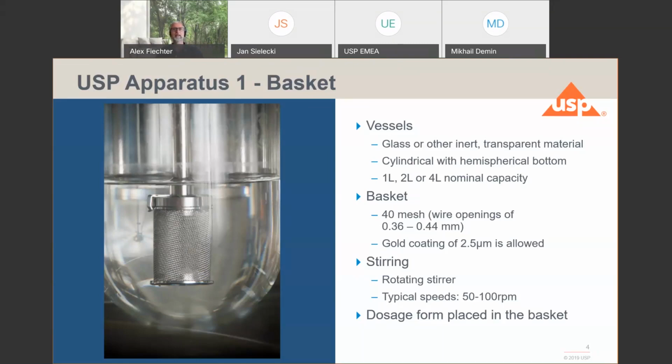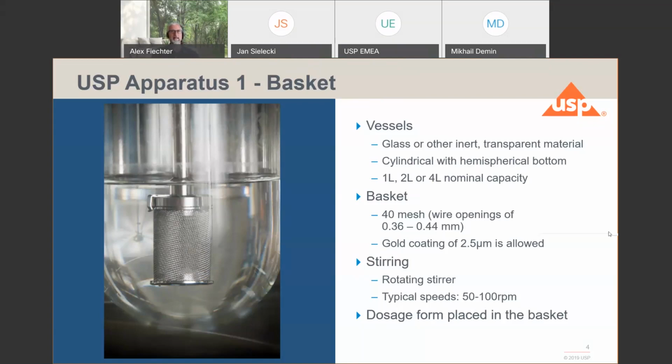But if stainless steel is an issue, gold coating will be accepted by the general chapter as well. The stirring for the typical tests is given from the rotating stir motor assembly. On top of all that, we know of test procedures in monographs that typically have 50 to 100 RPM.